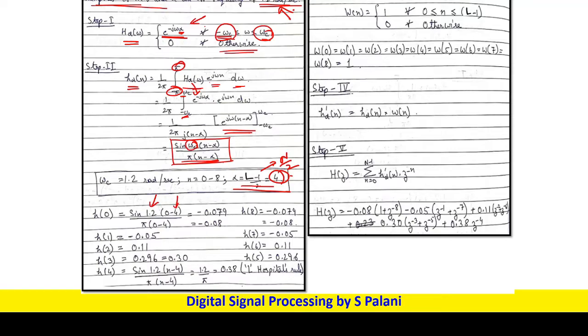Now if you see over here, in our last class we discussed that at n equals 0 we have to apply L'Hospital's rule, because there will be a condition where we get 0 by 0. However, since we have modified this equation, that comes at the midpoint, that means at n equal to 4 we have to apply L'Hospital's rule. So what does that signify? If you remember correctly, in our last class